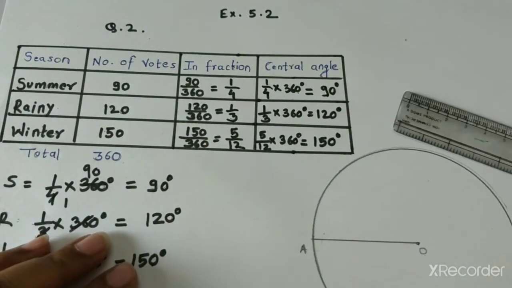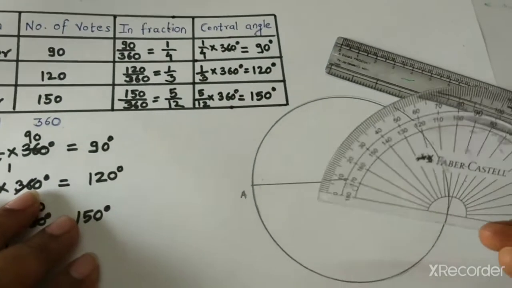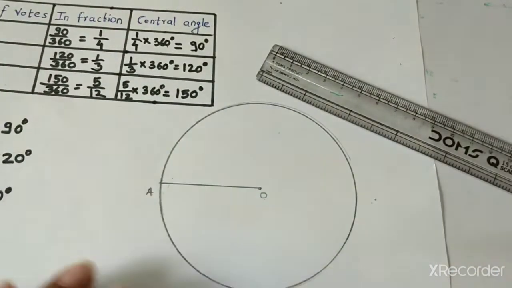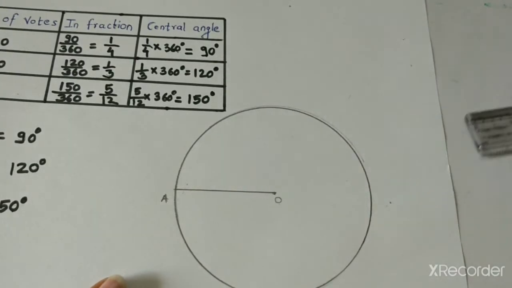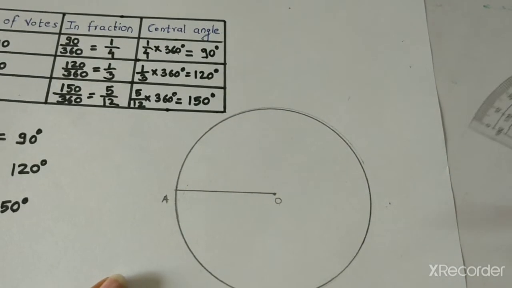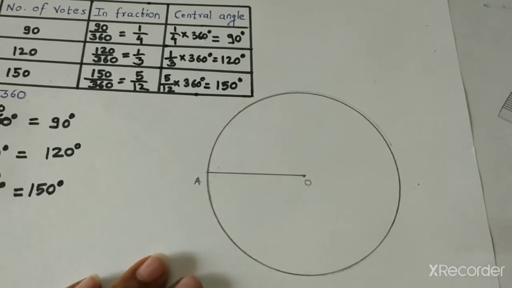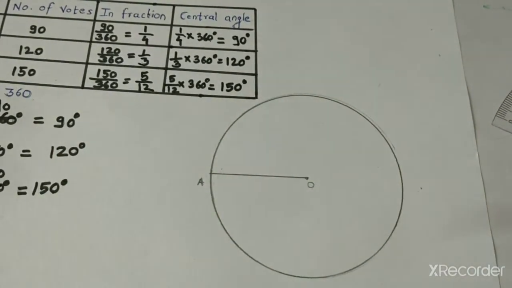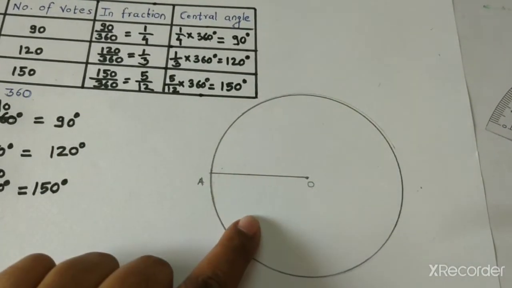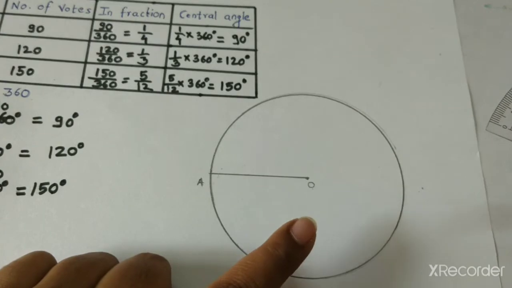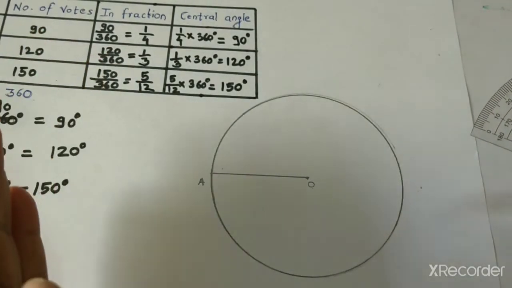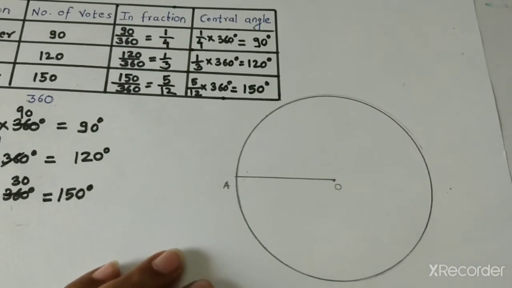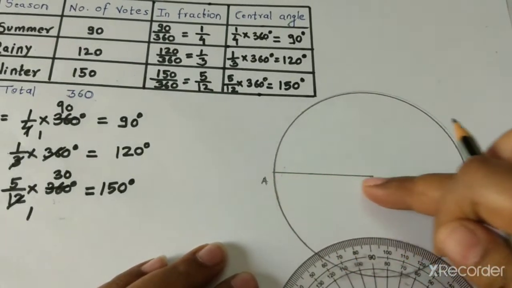So how to draw a 90 degree angle using a protractor? You have already learned, children, right? Acute angle, obtuse angle, right angle, everybody knows, right? Obtuse will be greater than 90. Looking at the angle also, you should check whether it is looking like an obtuse angle or an acute angle, right? So let us start. This will be our baseline.